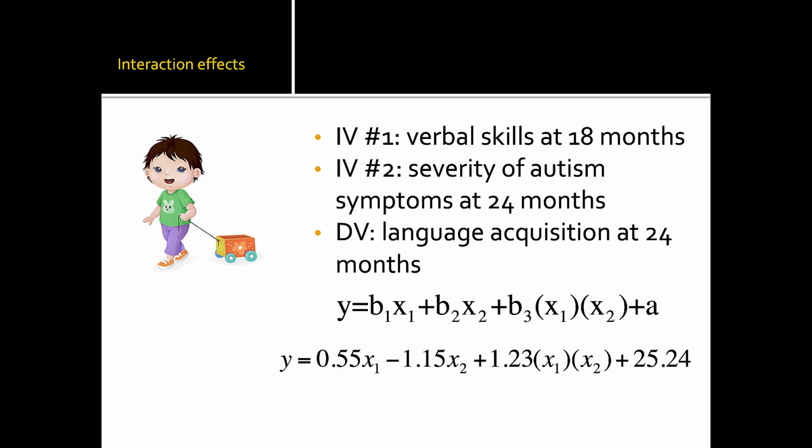So those are your main effects. Then we add in the interaction. We still have a positive slope for the first effect and a negative slope for the second effect. So those main effects are intact. And then, like I mentioned, we just have that new slope, the 1.23, for the interaction that needs to be